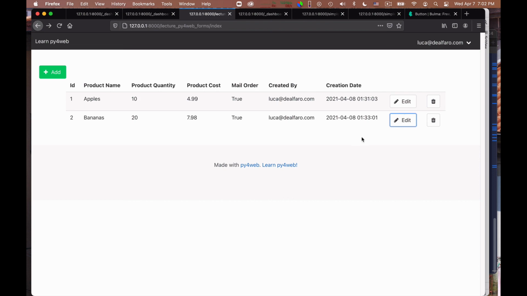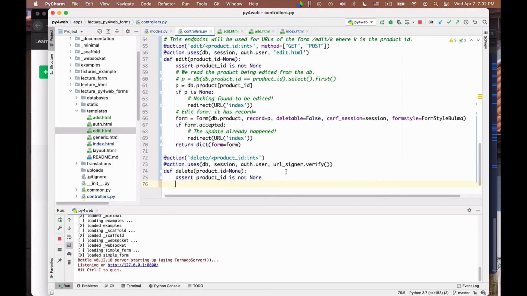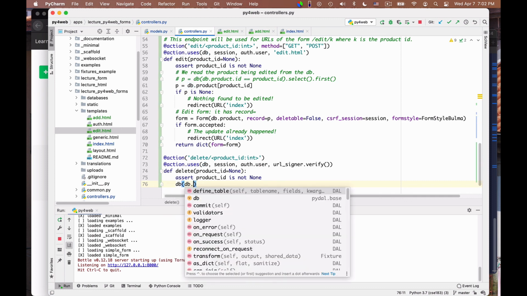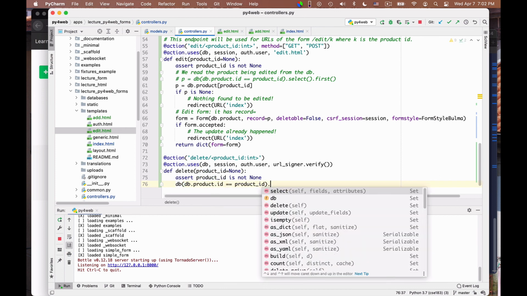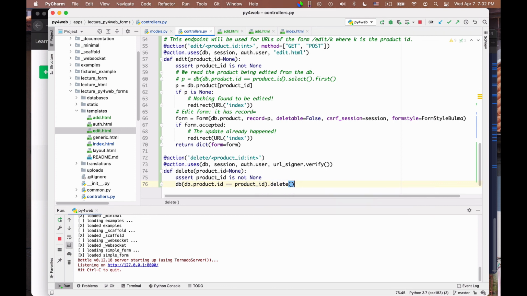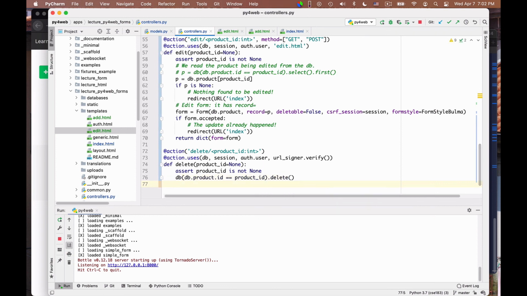So there is no need for further checks, and I can just go ahead and actually delete the product from the database. I can say db.product.id is equal to product ID, delete. And once the product is deleted, I can just redirect you to this list of all the products. Redirect to URL of index.